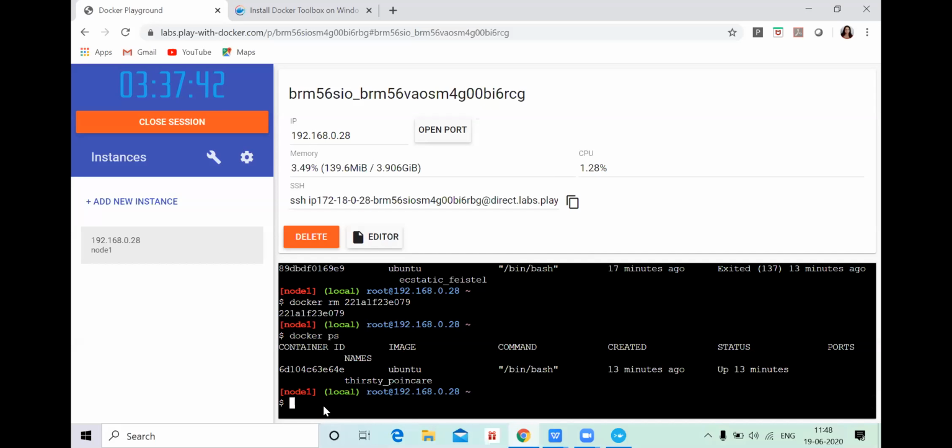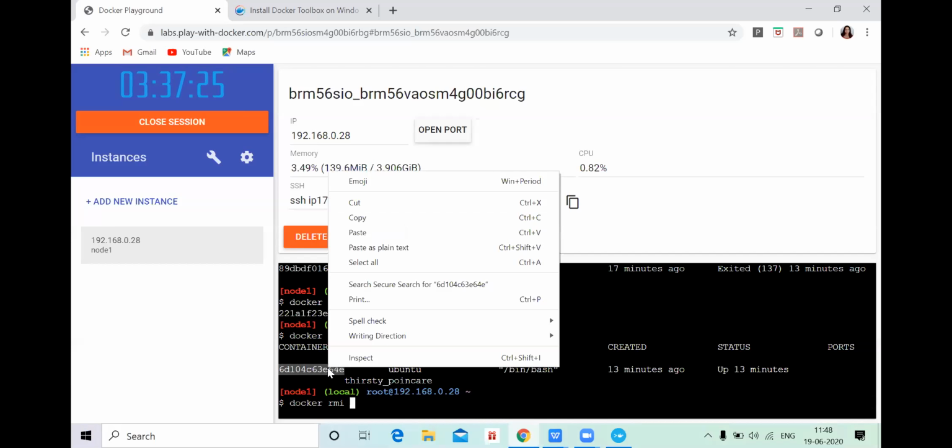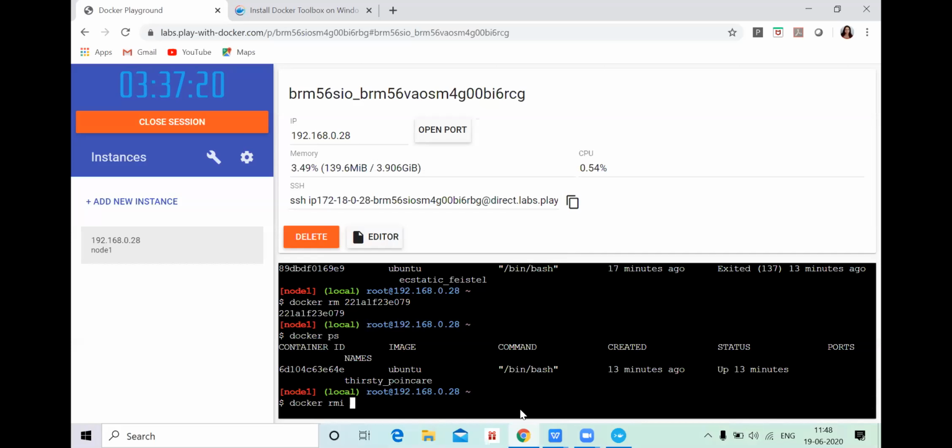Now let's move towards one more command for images, that is docker rmi. This is one more command. If you want to delete an image and you don't know the image ID, let me check it out. First let us check what images are present, because we don't remember the image ID.